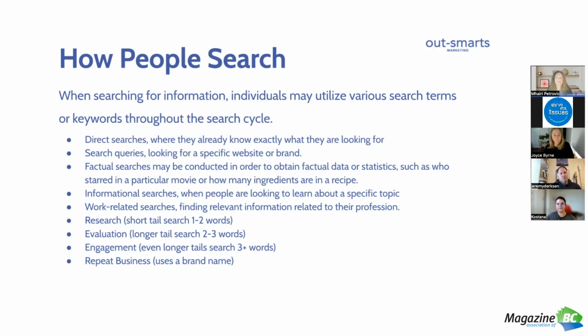So typically, yesterday, it's cold, I was looking for a new sweater. So I started searching for wool sweaters. And then I started, okay, there's a few different places who sell them. Then I started searching for cream wool sweater in Vancouver. So as I got deeper into my search, I started getting more specific. So it's important for you to take that into account when you're thinking about how to optimize your articles.